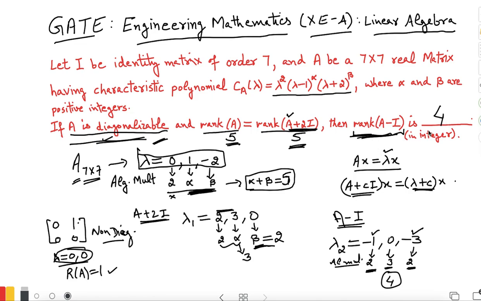This way you can easily solve the numerical. The whole process could have been done easily by looking at this value. Because this was the eigenvalue 0 repeating 2 times, and because of diagonalizability, you could have easily written that this has a rank of 5, this also has a rank of 5, and then you can easily convert the eigenvalues 0, 1, and minus 2 by adding minus 2 to this, adding 2 to this, so immediately you know the values of this,